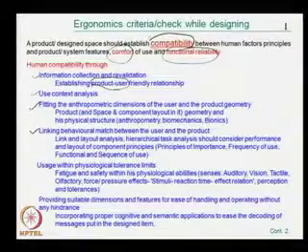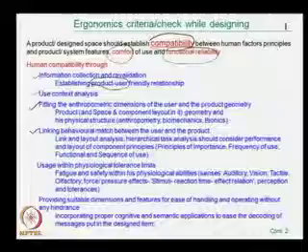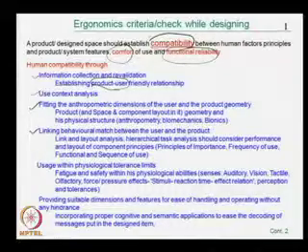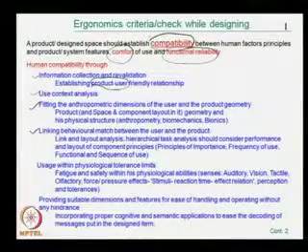Frequency of use: how many times in a given period an element is to be used, and accordingly if it is used more, then it has to be closer to the person. Functional, to get the function done, and the sequence of use, meaning to get a function done, what are the operations in sequence that have to be considered. So, these are about linking the behavior match between the user and the product.